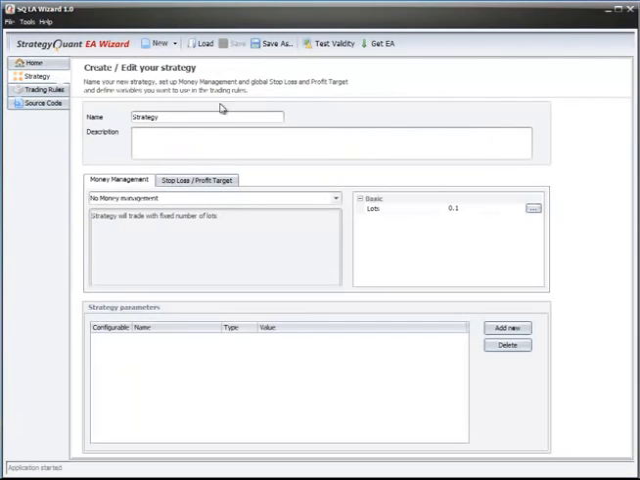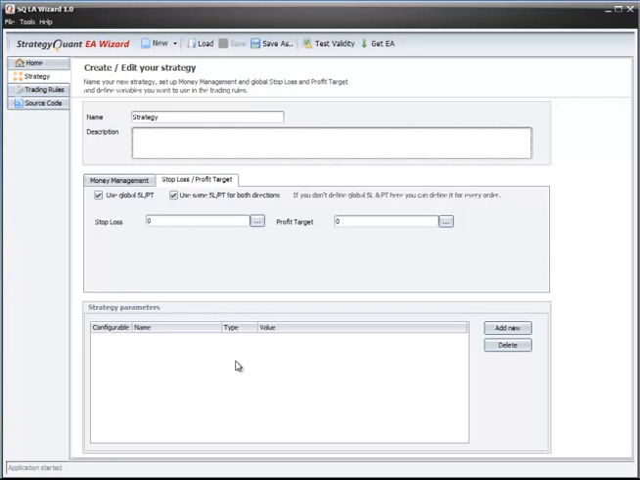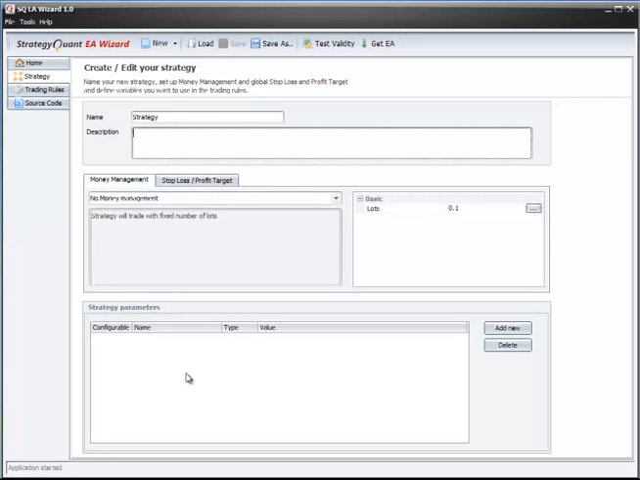The Strategy tab is where we can specify the name and description of our strategy, as well as set money management and global stop loss and profit target, and set strategy parameters. Now, what are strategy parameters? Those are simply parameters of the EA that you can set in MetaTrader. Let's take a lots value as an example. We can specify it as a number value 0.1, like it is here, but then we'll not be able to